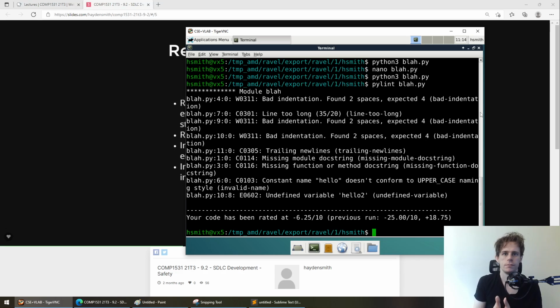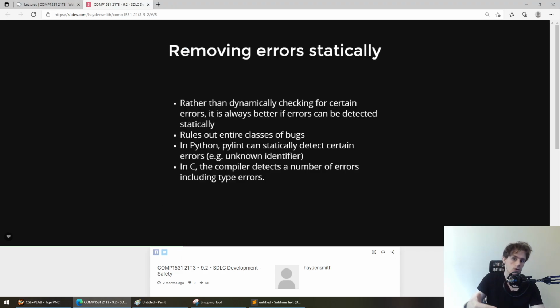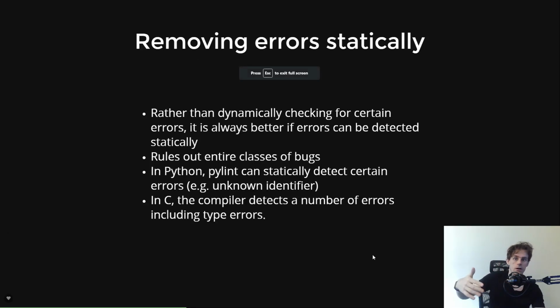No. It did not pick up on the problem, right? And I'm just kind of alluding to some stuff we're talking about here today, but you can see these are all ways that your program could have bugs or deal with accidental misuse. So we can try and remove errors statically, though there are limitations of that, of course. In C, the compiler is very strong and very powerful. It detects a whole bunch of stuff, including type errors. In Python, we use pylint. We've just kind of covered that.